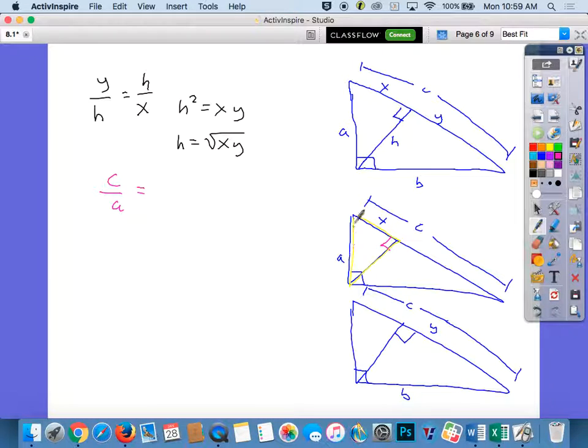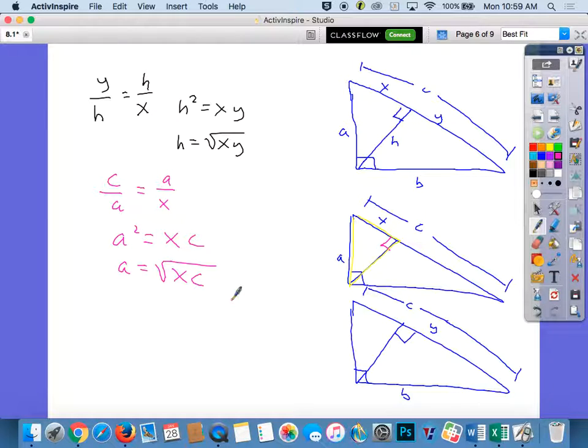As my hypotenuse of my shorter guy, or smaller guy, is to my shorter leg of my smaller guy, okay? Hypotenuse to shorter, hypotenuse to shorter. Do your cross products, you're basically solving for A to get that value. Your geometric mean is going to be A equals the square root of XC,